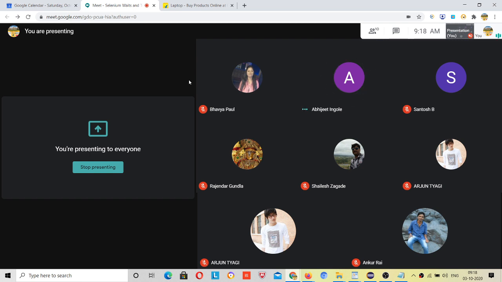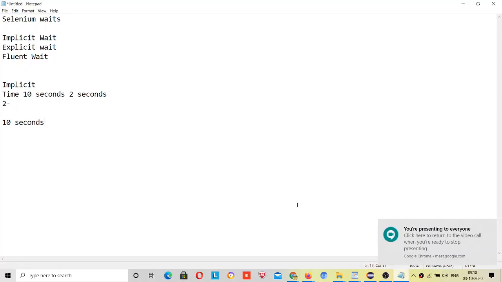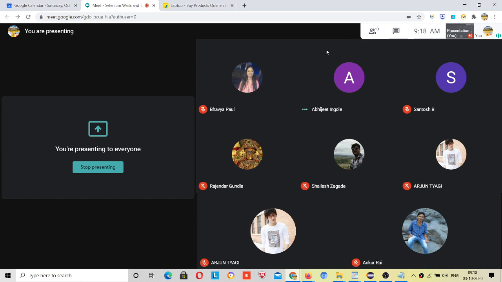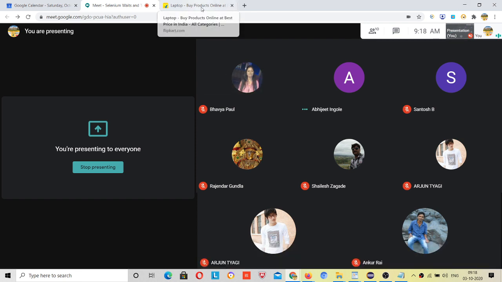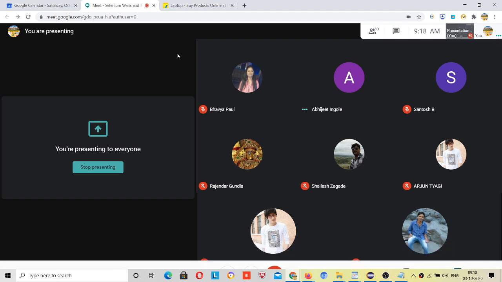We can use that, but as such we are using the implicit wait over here. We don't need that. But see what this implicit wait says, that there is a difference, right? Implicit wait will not forcefully fail your page load, but page load timeout will forcefully fail your page.